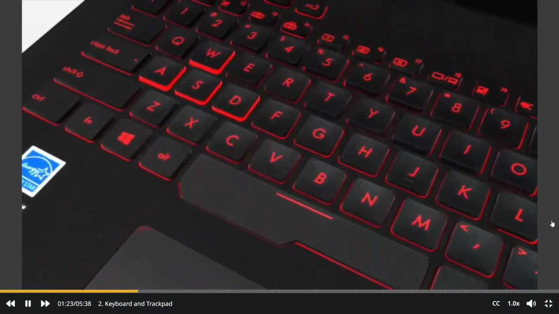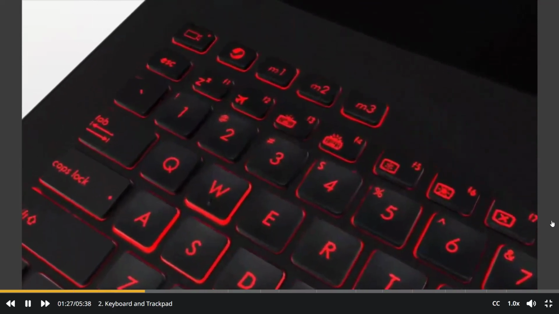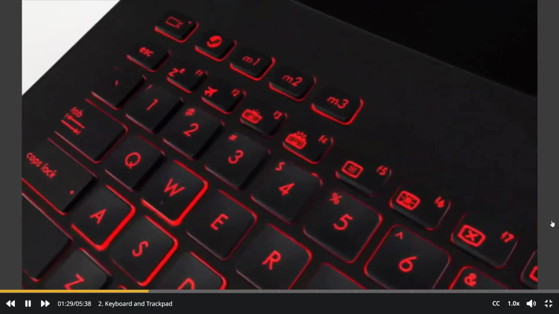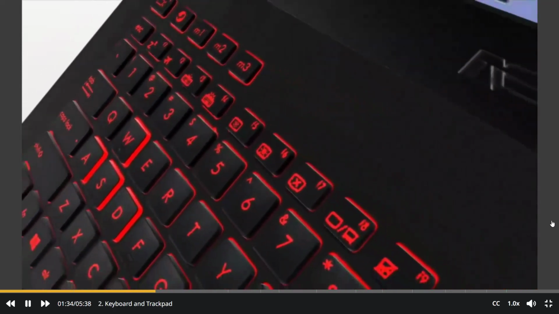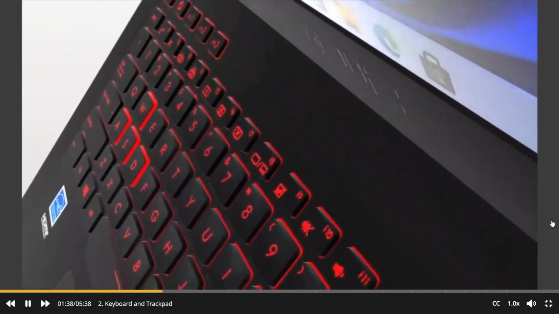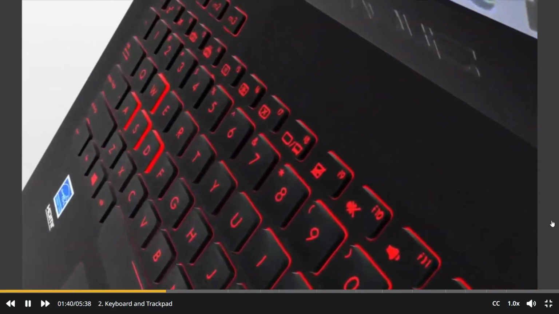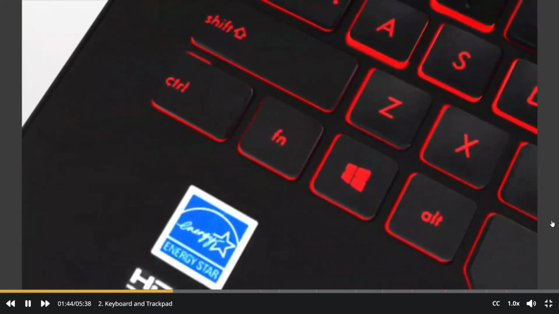One thing you might notice about the keyboard is that the F keys at the top have little icons. Keys on a notebook that have these icons actually perform two functions. When pressed by itself, the key will simply send the key's input to the operating system. If F1 or F2 is pressed, that input would go to the OS. However, notice this key down here labeled Fn. This is the notebook's function key. If we press a key while holding down the function key, the key will perform the secondary function, which is